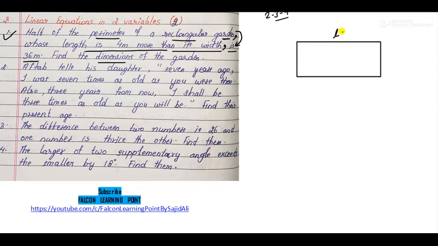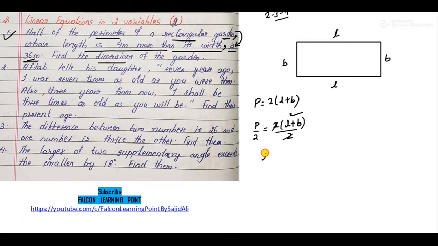So if this is length and this is breadth, again this will be length and breadth. What is perimeter? It is 2 into (L plus B), correct? L plus L plus B plus B, so 2L plus 2B. Taking 2 common, 2(L plus B). That is the perimeter. Now half of the perimeter means P by 2, correct? So P by 2 means 2 into (L plus B) by 2, which is L plus B. Understood? So this is half of the perimeter of the rectangular garden,